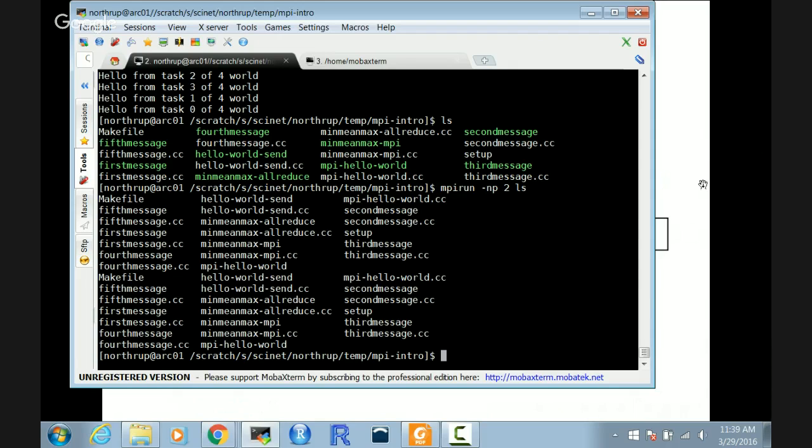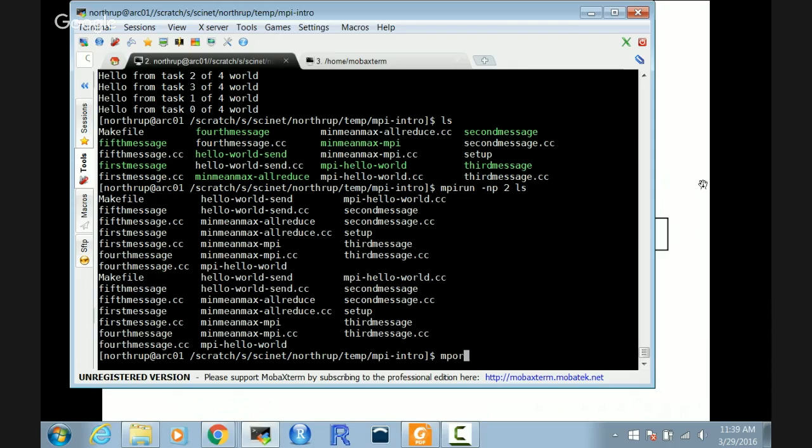I don't even need an MPI code right here, you see it just runs the command twice. So that can be useful, using mpirun even if you don't have MPI commands. It might be useful for batch processing too. You may have a bunch of stuff you want to launch with a parameter file, and the tool is already built for you. So it already has this ecosystem there to be able to launch jobs. So, number of processors. I don't want to get into too much of the details of mpirun,